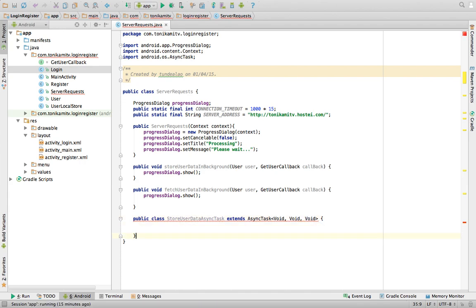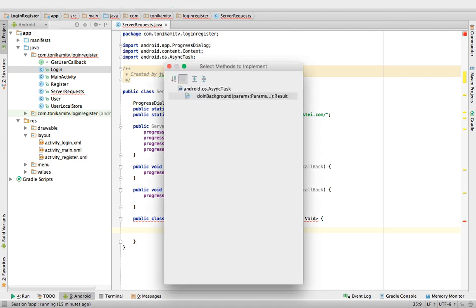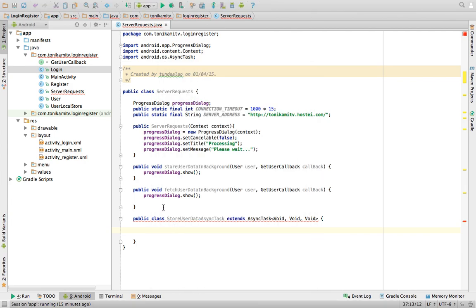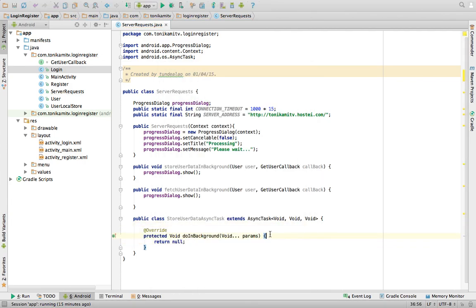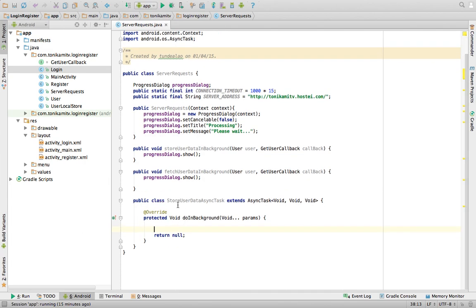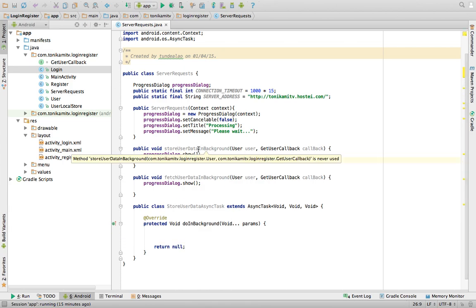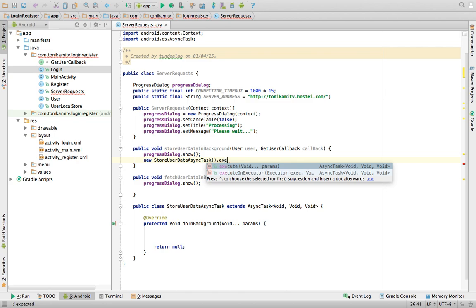Right, so now we need to implement some methods in the async task. So Control I, so doInBackground. In here, this will be performed in the background when the StoreUserDataAsyncTask starts. So what we want to do in the store user data in background, so when this method is called, we want to start the async task. So we'll just do new StoreUserData dot execute,